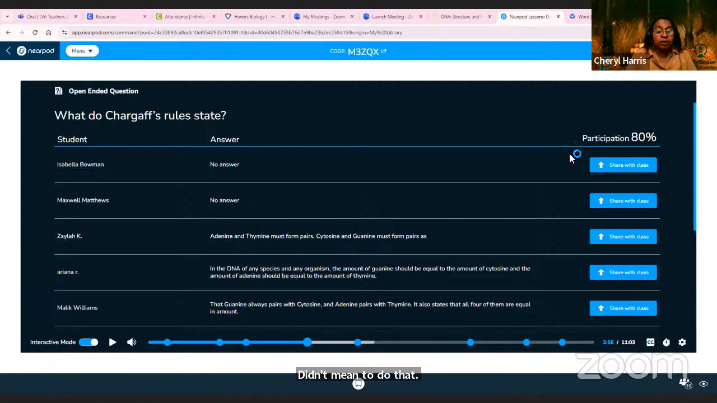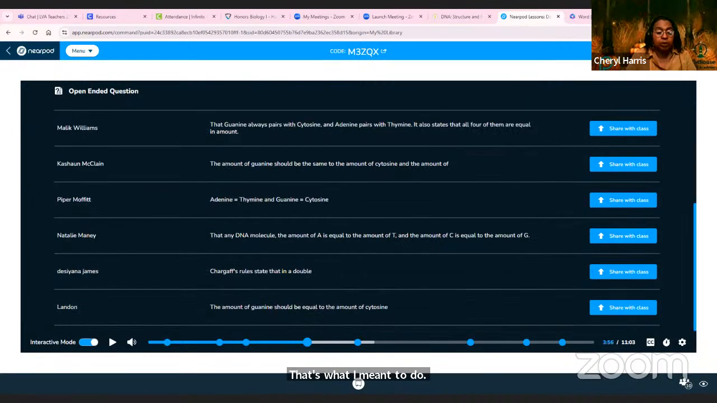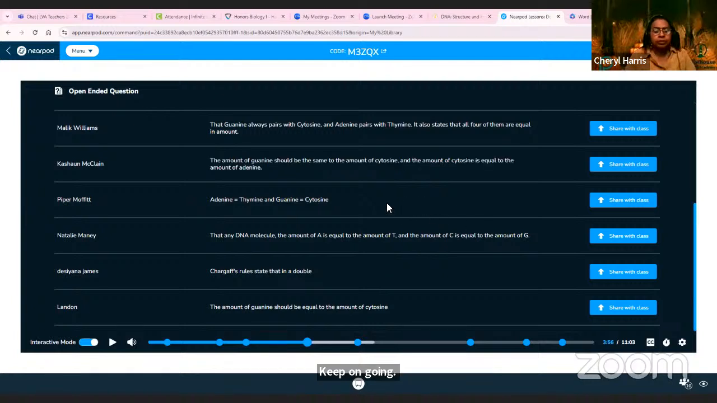All right, Maxwell. I hope you're working on an answer. All right, so the amount of guanine should equal the amount of thymine. That's half of it. That's good. Rule states that in a double, keep on going. DNA molecule equals, okay, there we go. Natalie has it. So I think, then,